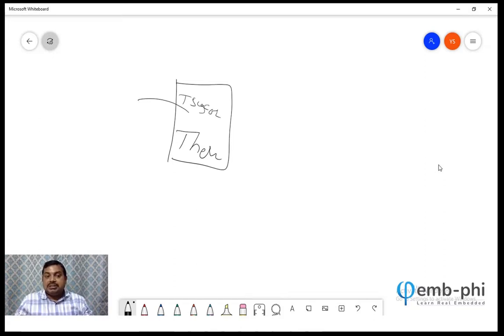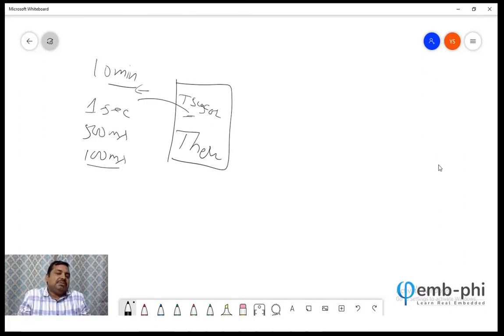We have to read this temperature sensor after every 1 second, or 500 milliseconds, or 100 milliseconds, or 10 minutes, whenever we want to read. Consider that every 100 milliseconds I have to read the temperature. What if I miss this 100 milliseconds?